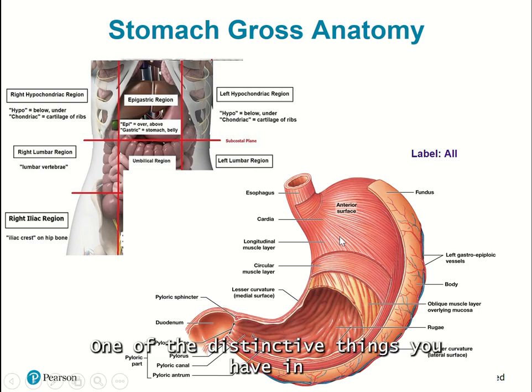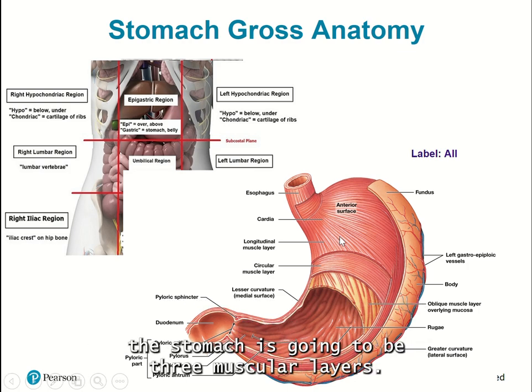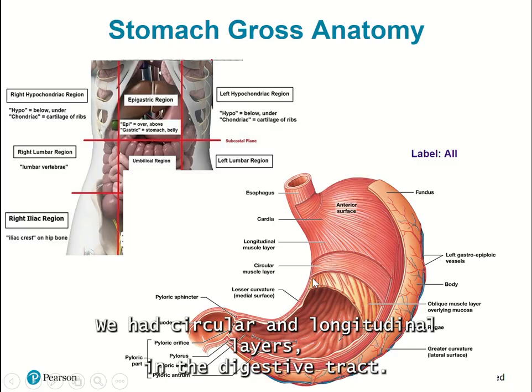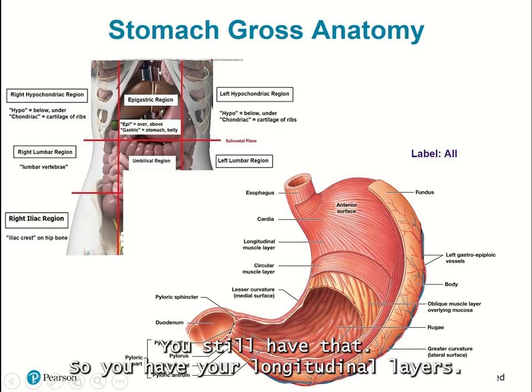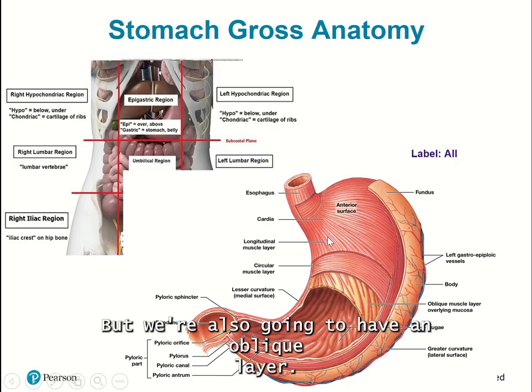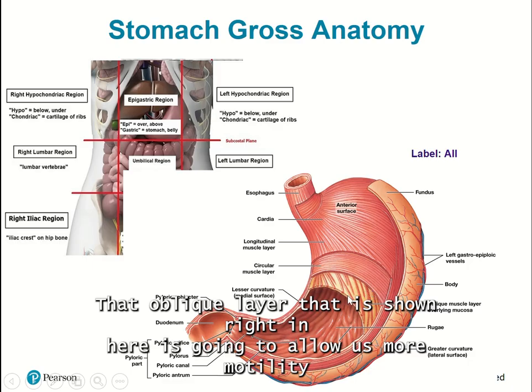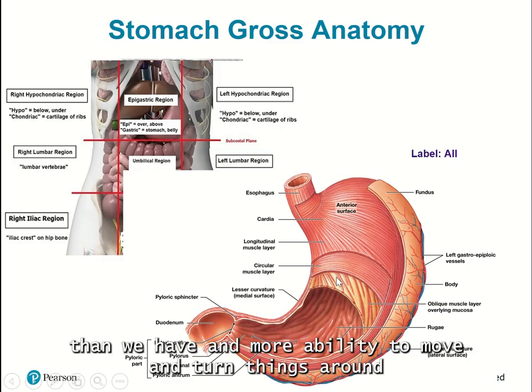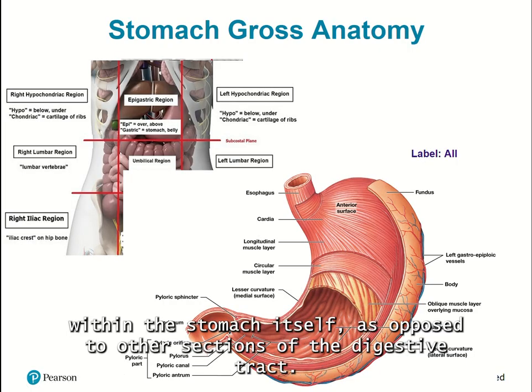But when your stomach is empty, you're going to see a lot of the rugae in there. One of the distinctive things you have in the stomach is going to be 3 muscular layers. We talked about we had circular and longitudinal layers. In the digestive tract, you still have that. So you have your longitudinal layers, you're going to have your circular layer that's going to be here as well, but we're also going to have an oblique layer. That oblique layer that is shown right in here is going to allow us more motility than we have and more ability to move and turn things around within the stomach itself as opposed to other sections of the digestive